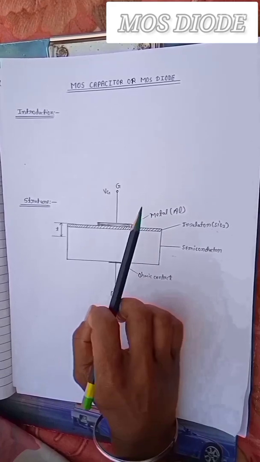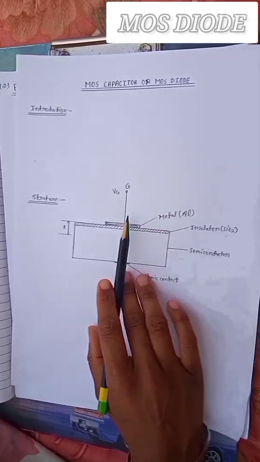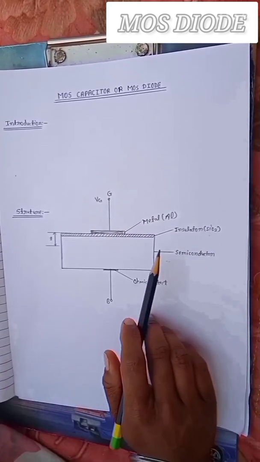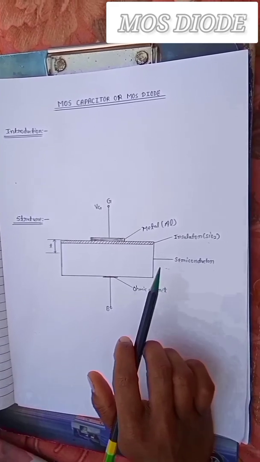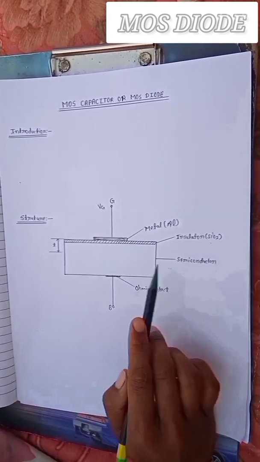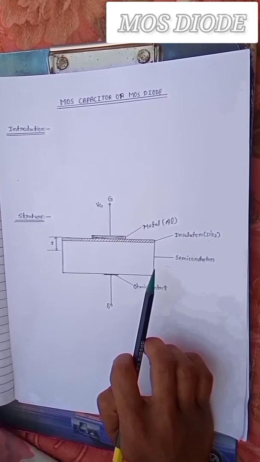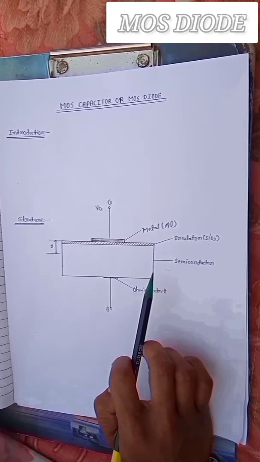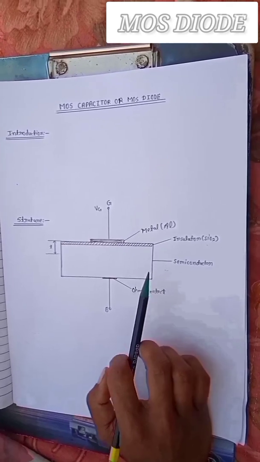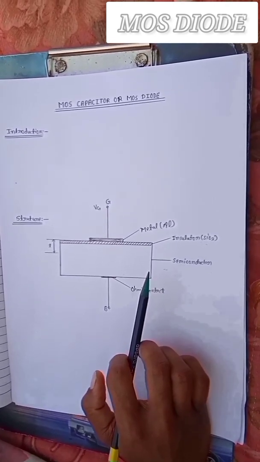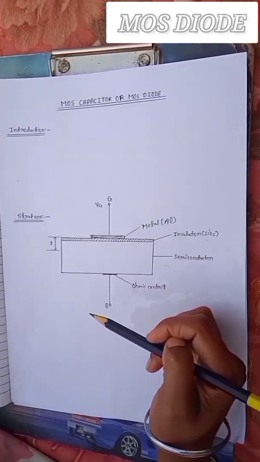Introduction. The metal oxide semiconductor field effect transistor consists of two PN junctions on either side of a MOS diode, which acts as the gate. A metal oxide semiconductor (MOS) is a two-terminal device in which the oxide, which is an insulator, is sandwiched between a conductor and a semiconductor, which acts as a capacitor. We call this a MOS diode because it is a two-terminal device: the gate terminal and the body or bulk terminal.